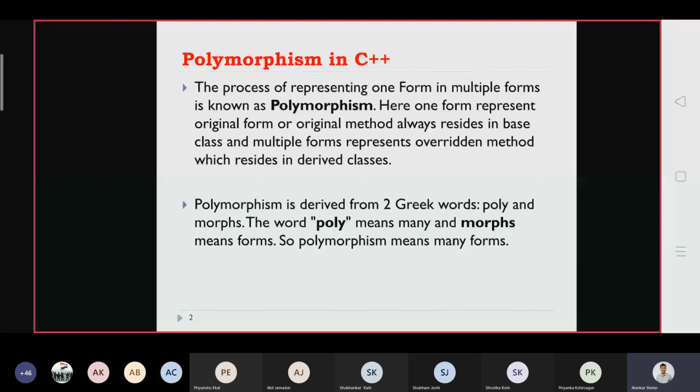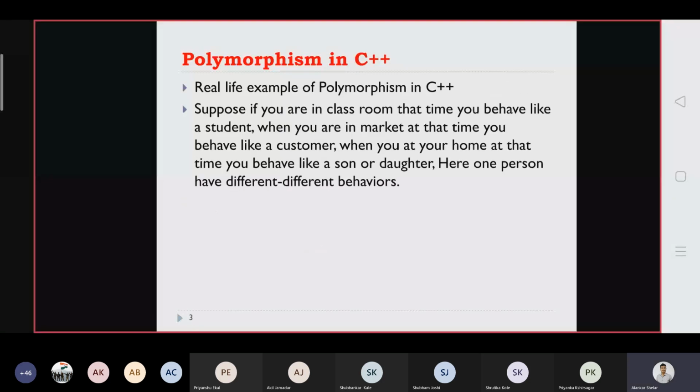Okay. So it's a Greek word, and poly means many, and morphism means multiple forms. Now, a real life example of polymorphism in C++: see, basically this is available in real life. Object oriented methodology is included in programming because humans always interact with objects, and these features are very easily adopted by humans, and that's why this is included in programming. So in real life examples, suppose we want to compare.